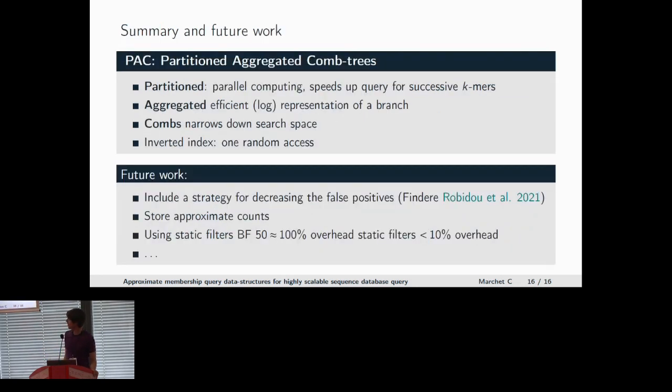So this is the end of my talk. Basically, I presented PAC, a partitioned aggregated comb-tree technique. We use those efficient log-space comb-trees, we partition, and we still use the very nice property of the inverted index. And we are starting to work on improved methods